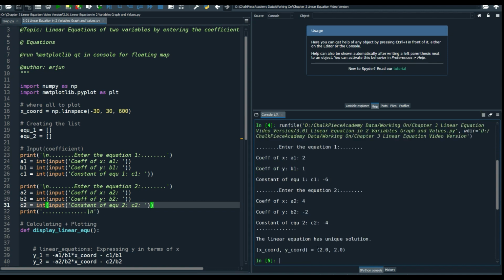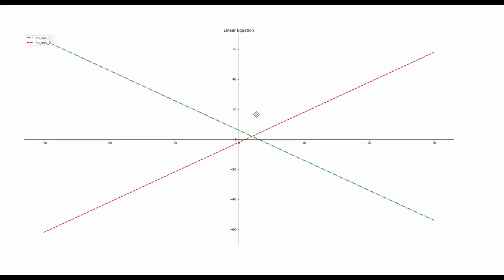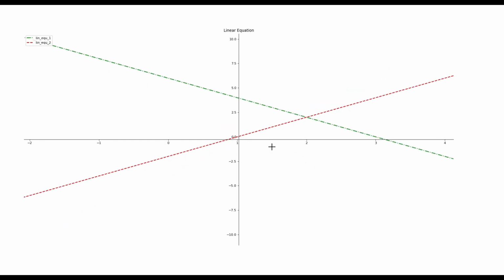So we can clearly see answer is 2 comma 2. Okay, the linear equation has a unique solution and the answer is 2 comma 2. And yes, the graph also makes this very clear. Okay, so we can zoom in 2 comma